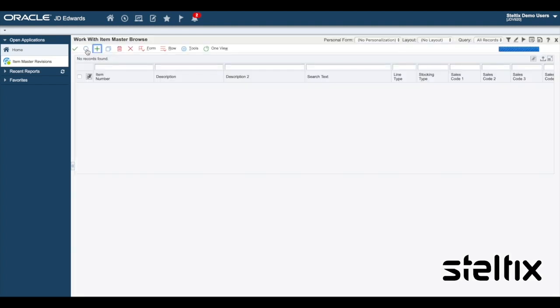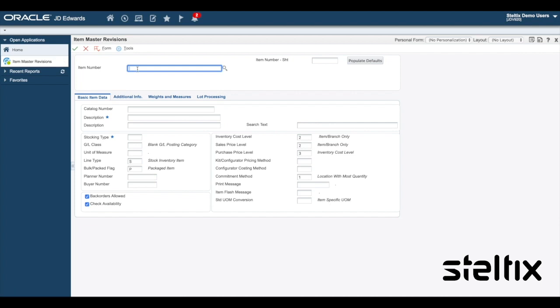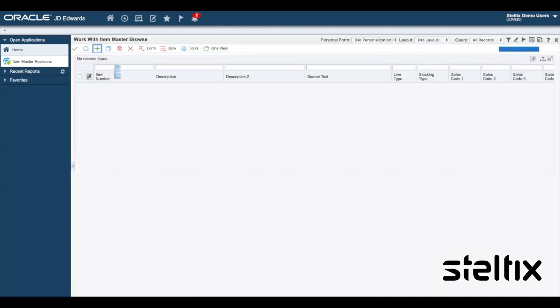So let's see if it actually works. So let's create an item, call it my item 1, add the same for description, and put the mandatory stocking field to P. That's all we need to do. So let's create the item, and the item is created. So let's go back into the item,